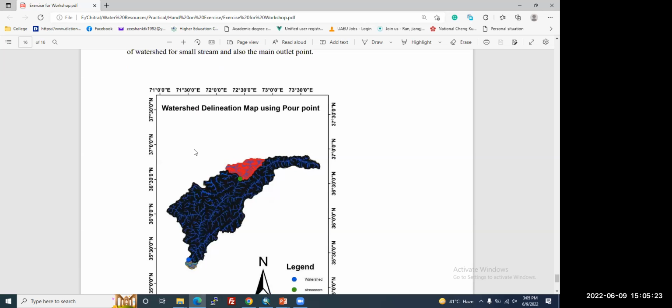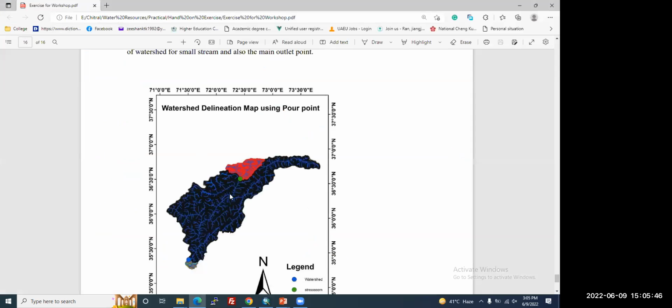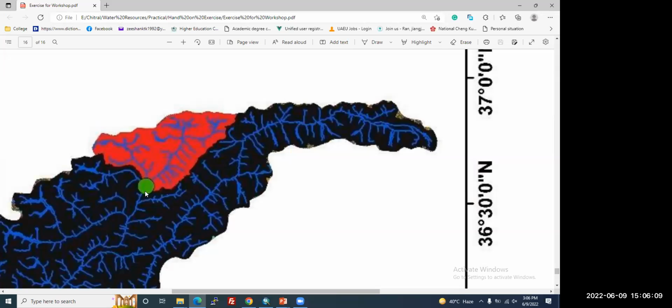After that, we will have the watershed delineation map using the pour point. Like the pour point, we can see we have just processed the data, but it's taking a long time. Unfortunately, I should not have done that because it's taking a very long time. And the thing is that we had to do that because this is one of the important steps where we can see that if we just give it a point at the stream, how much of its catchment area will be covered within the stream. So, for example, if I am talking about this stream, this stream is covering that much watershed area within that, right? And now we have the second one,